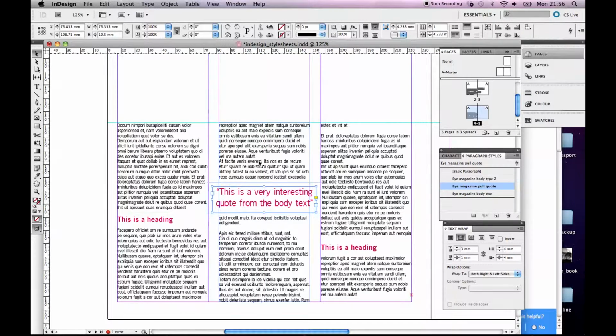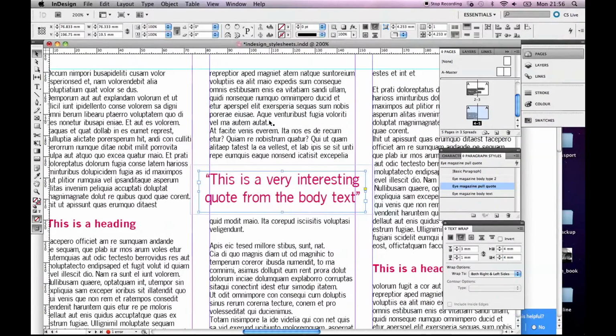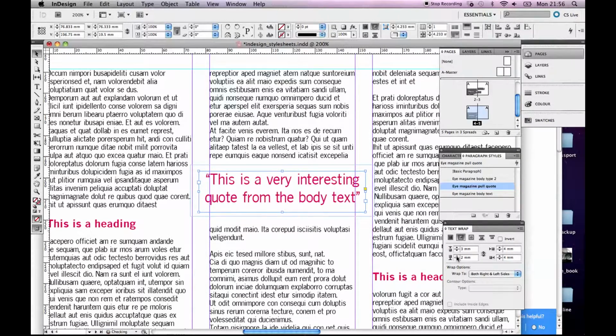Actually, let me zoom in. This is the bounding box here, and then you'll see there's an extra edge here. This is the offset that I've just set, and actually the bottom is quite low. Let's maybe do something like that. So you can see this is the offset here. That's quite important, so that the type doesn't infringe on this body text or this pull quote. So that's pretty much it for pull quotes. Just play about with that and see how you get on. And I'll see